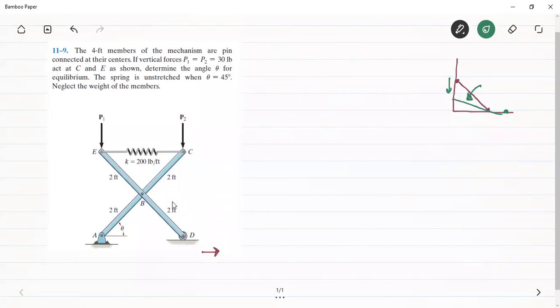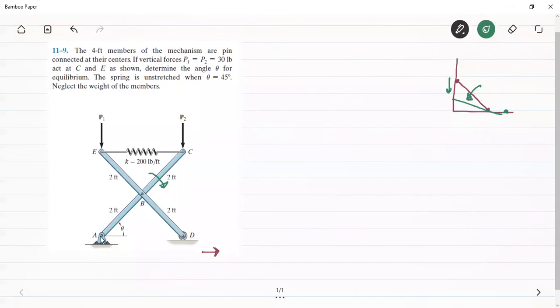Okay, so when ED is going in the anti-clockwise direction, what can you say about AC? They are connected at their centers by a pin joint. Then AC has to go in the anti-clockwise direction, so that this spring always remains in the horizontal position. You can just equate this example to the scissors. If one end of the scissor moves in the clockwise direction, the other end goes in the anti-clockwise direction. So you can equate this mechanism to the mechanism of the scissors.